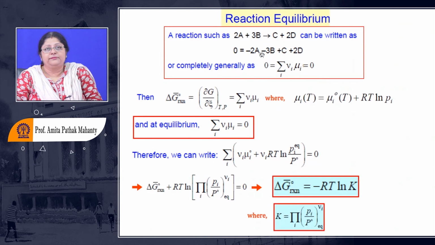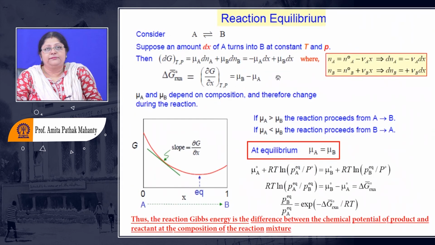So what I can write here, the coefficient for A is minus 2, for B is minus 3, and for C it is plus 1, and for D it is plus 2. Understood? So I can write this as the summation of the chemical potential of the species in the reaction times the stoichiometric coefficient, summed over all the species present. Now, if I look into this,